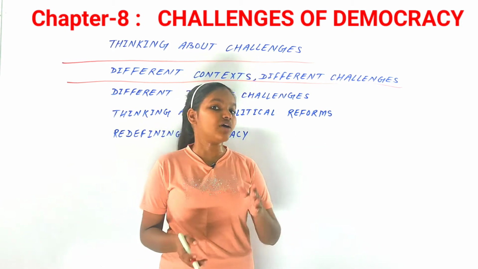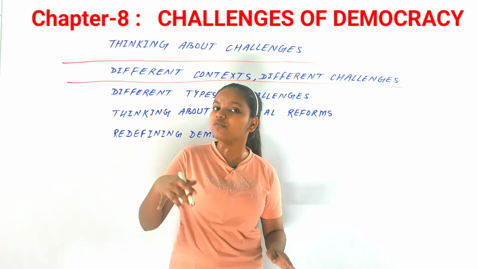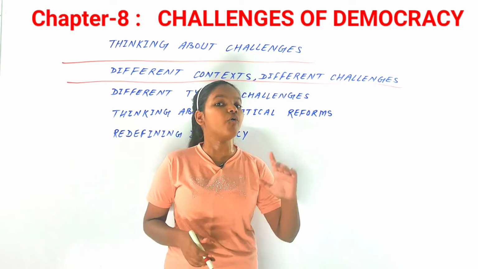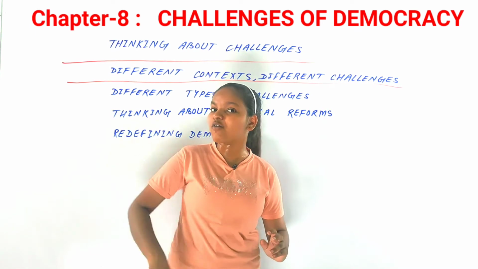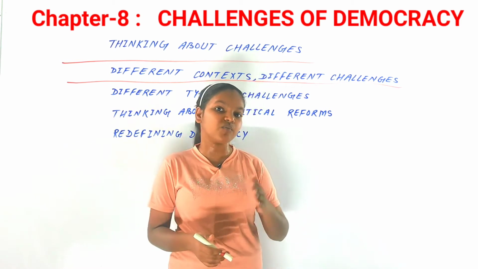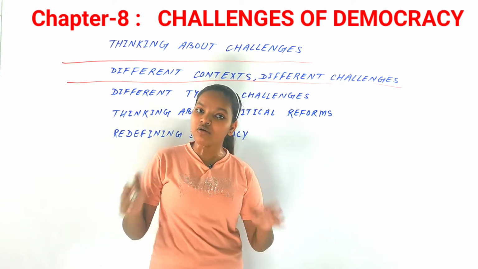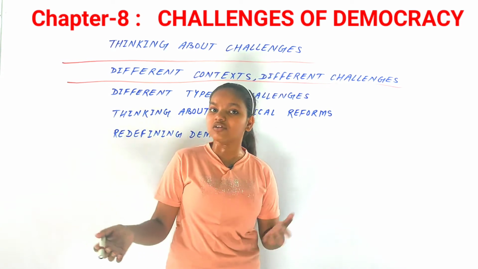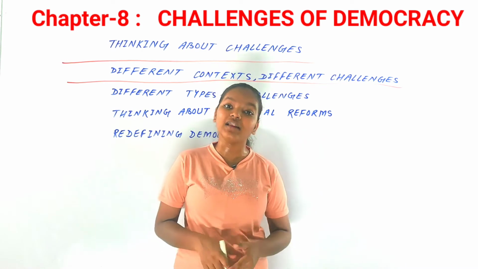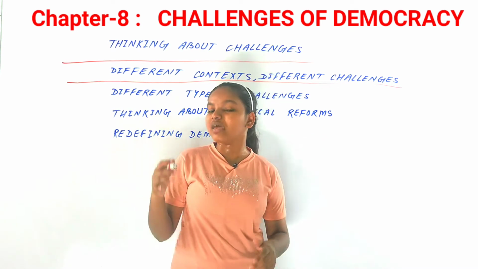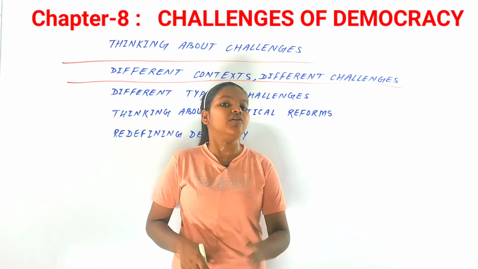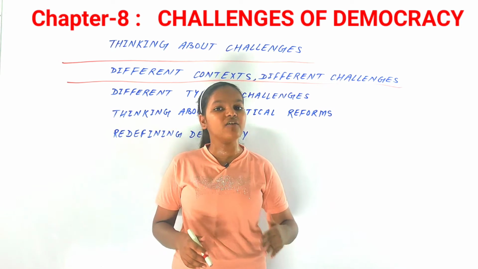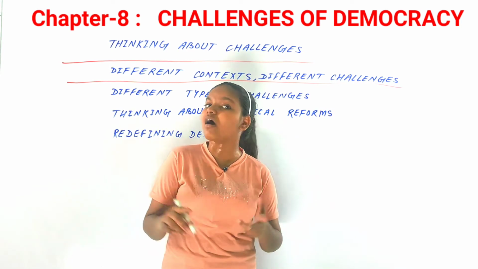Even in the US, you don't have full civil rights. The blacks of the US do have rights, but still they are poor or homeless, and they have less chance of employment in the United States of America. So we can say that even the US, which claims to be a superpower, does not have equality in it and does not give more civil rights to the blacks. And the US disregards decisions made by the UN, the United Nations organization, so it controls the UN. So we can say that these are all the different challenges faced by democracy all over the world.